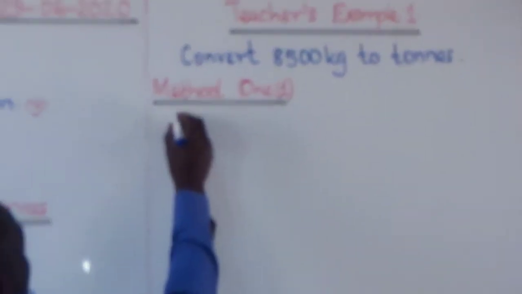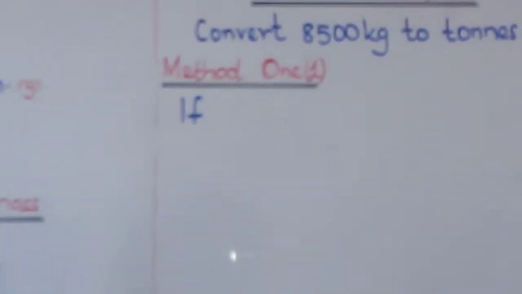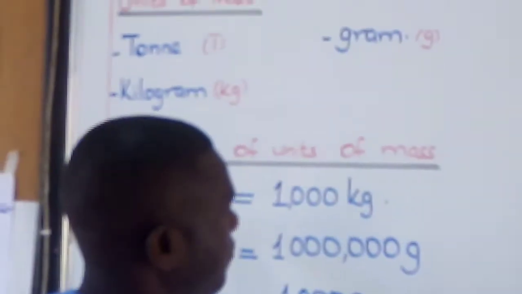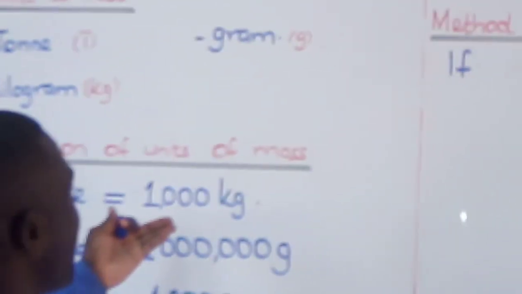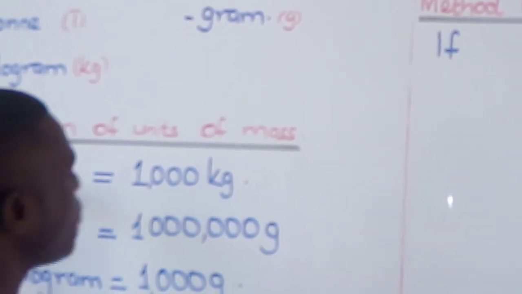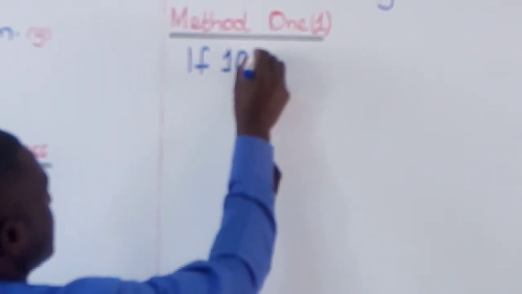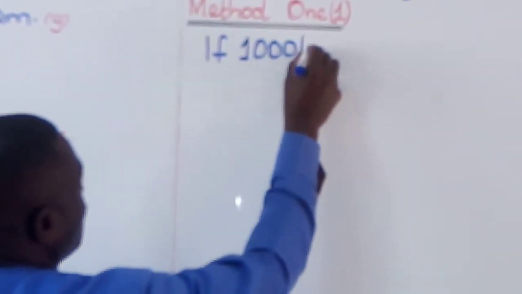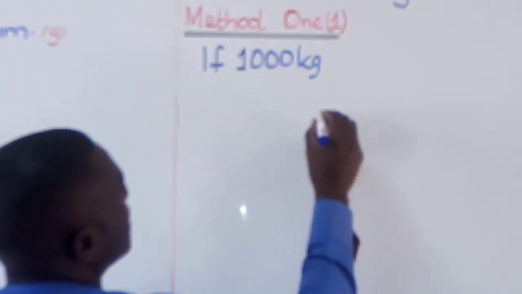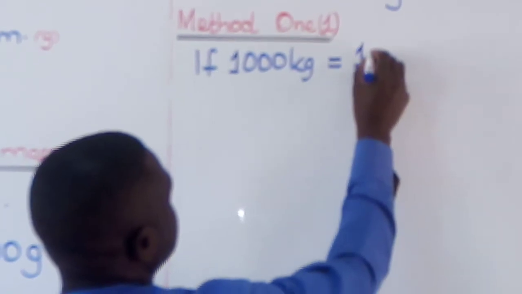We reason from this conversion table: if 1,000 kilograms equals 1 ton,